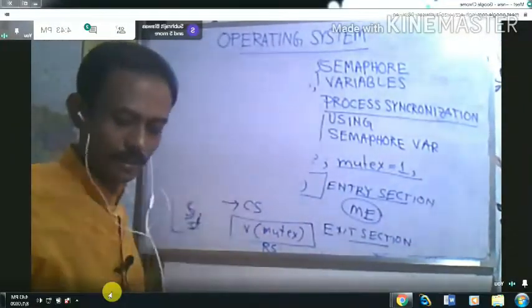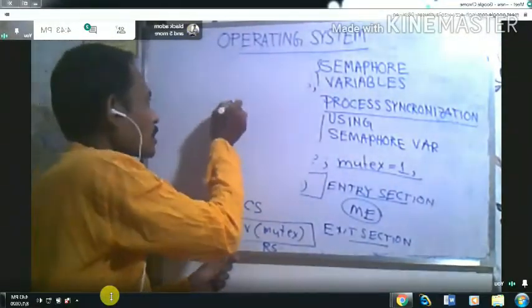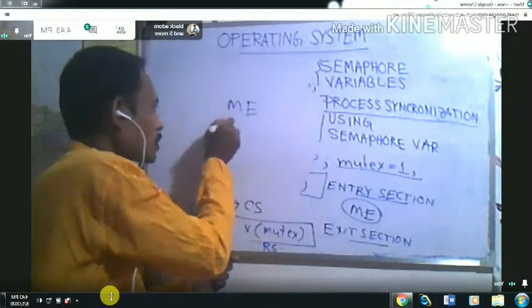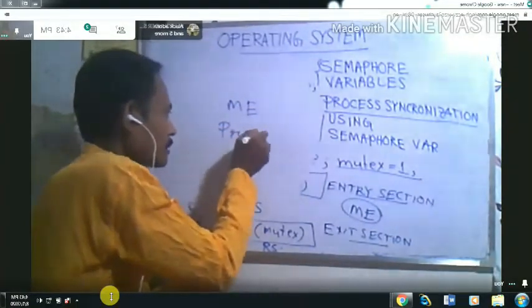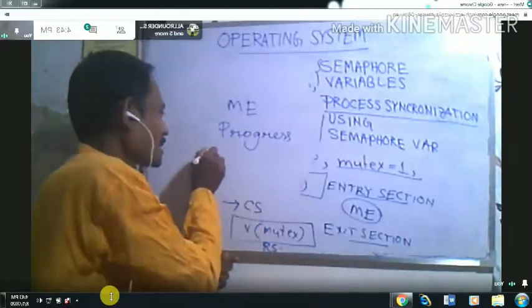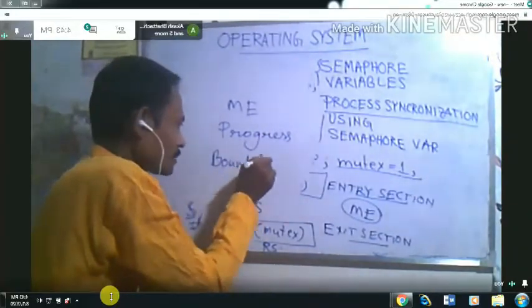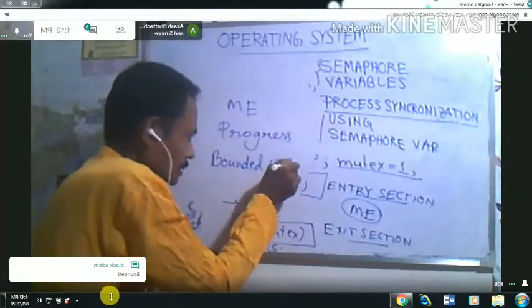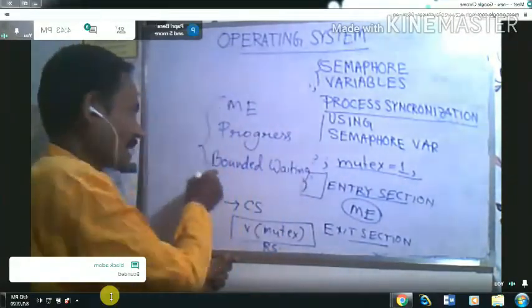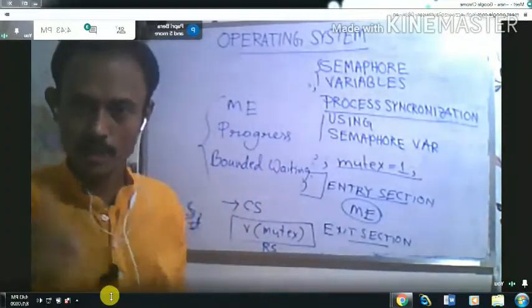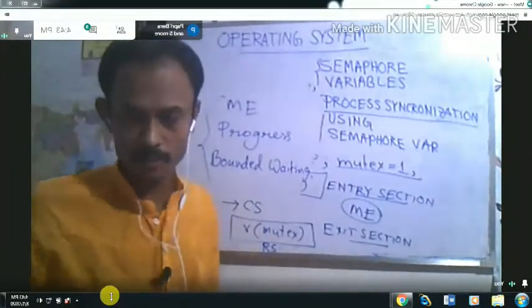One is called mutual exclusion, another is called progress, and another is called bounded waiting. So you have to satisfy all these things to find the solution for the critical section problem. Clear?